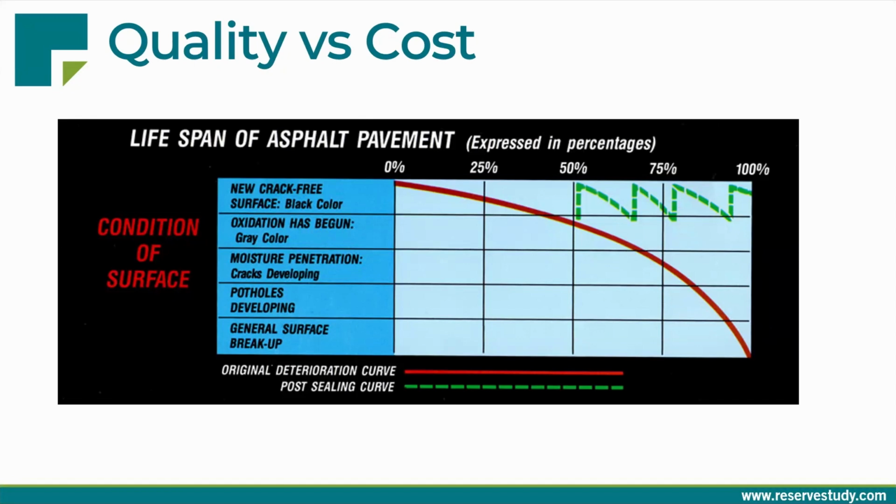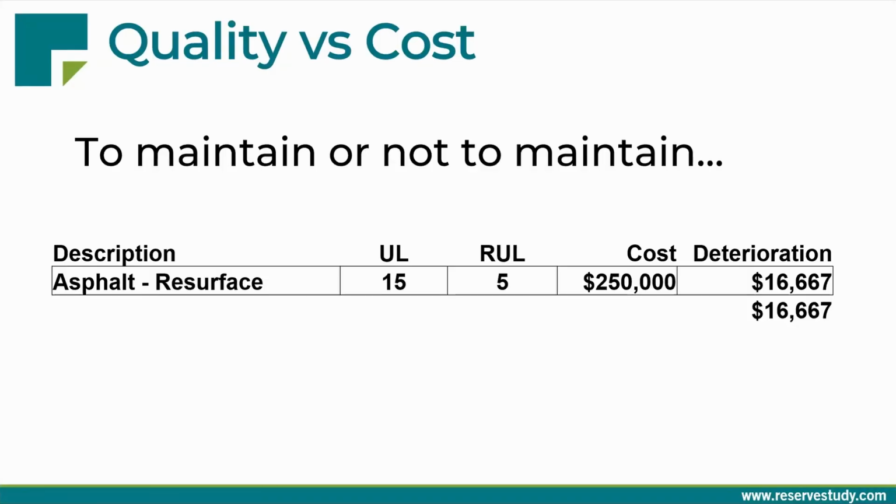And this is really important for a lot of communities, because a lot of communities' most significant asset are the asphalt roads. And to visualize this on a single line item chart, we have asphalt here, and the question is to maintain or not to maintain. We have a 15-year life cycle at $250,000. The cost of deterioration is basically